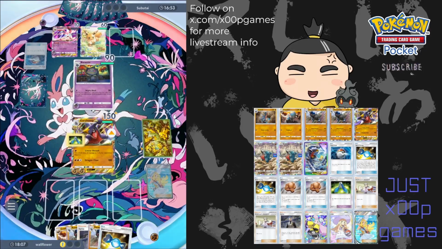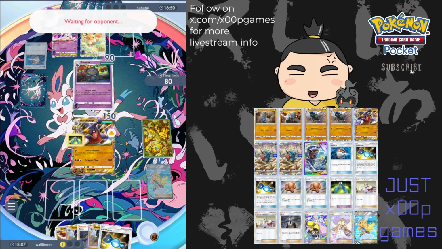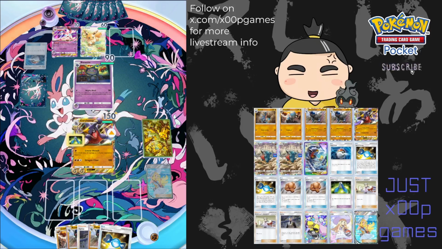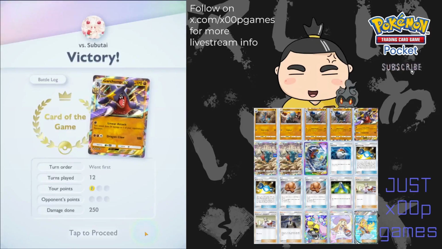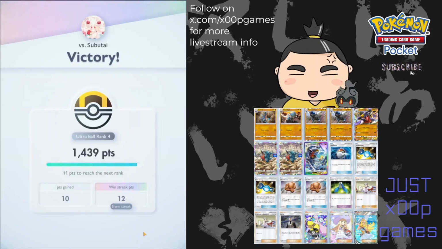So here I just attack the Sylveon and I think the opponent knows it's GG, because the next turn I just take out the Sylveon. I don't think they can heal enough from that point. And this was my game into Masterball,